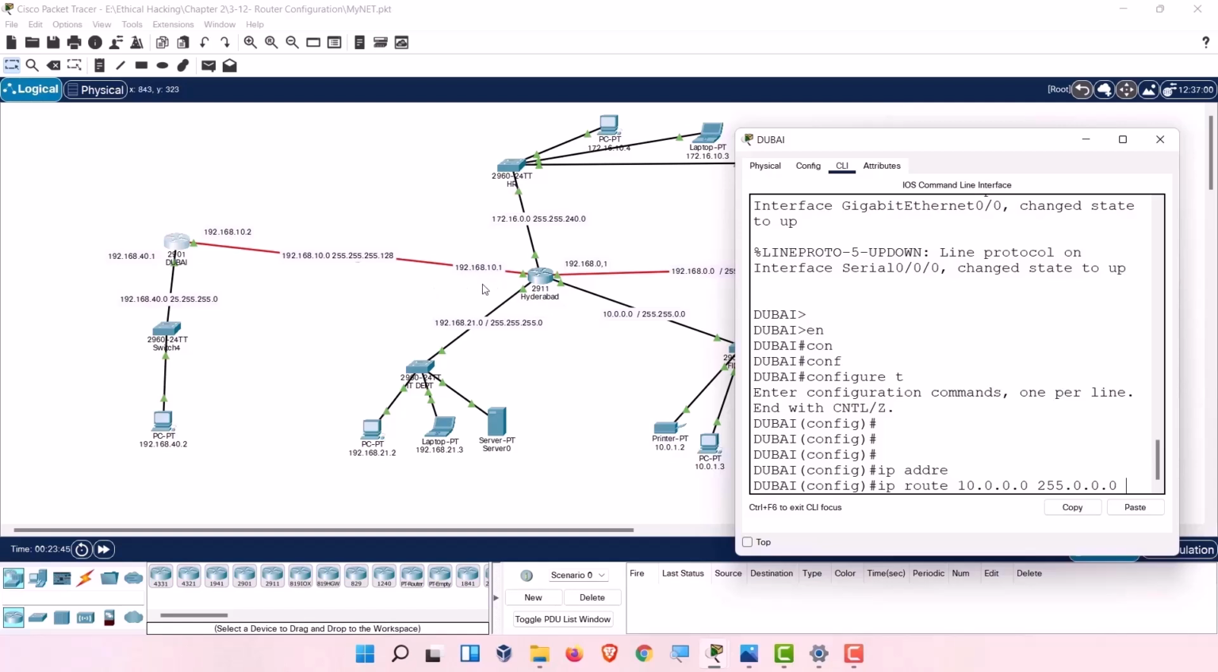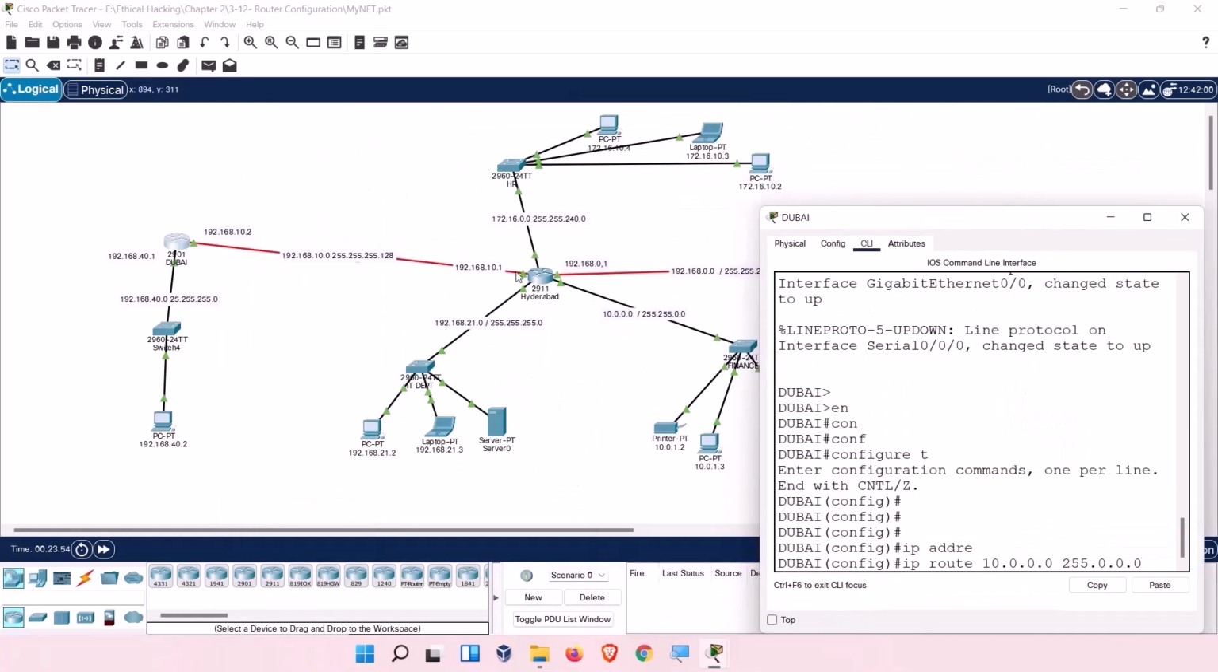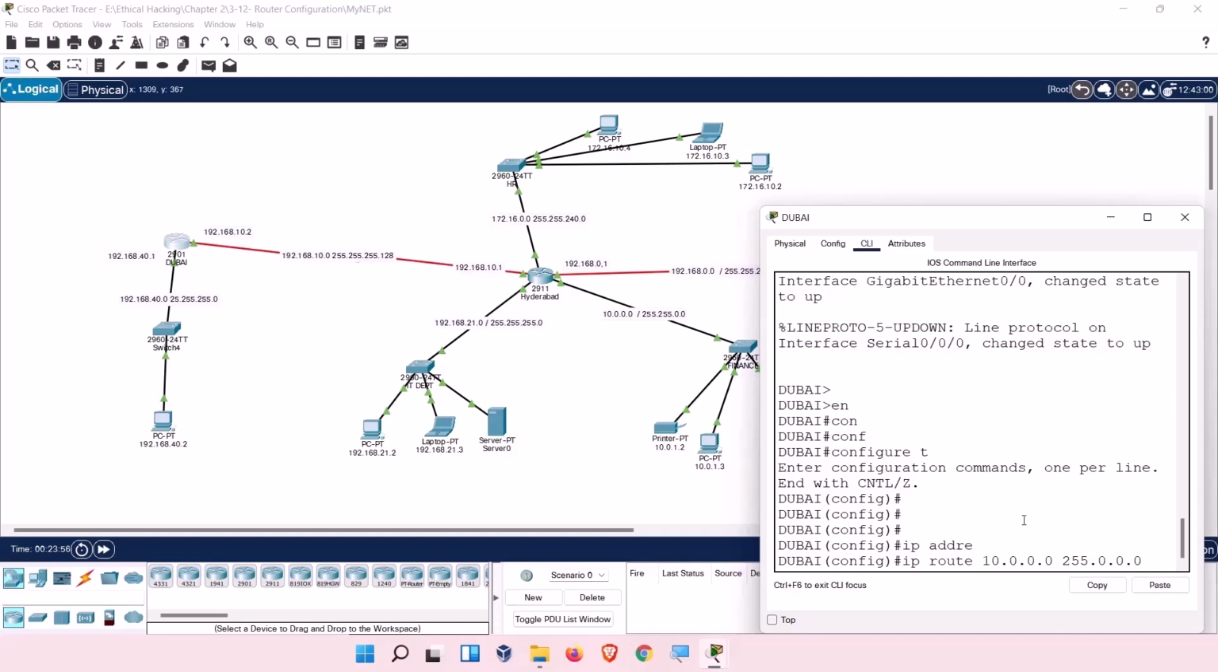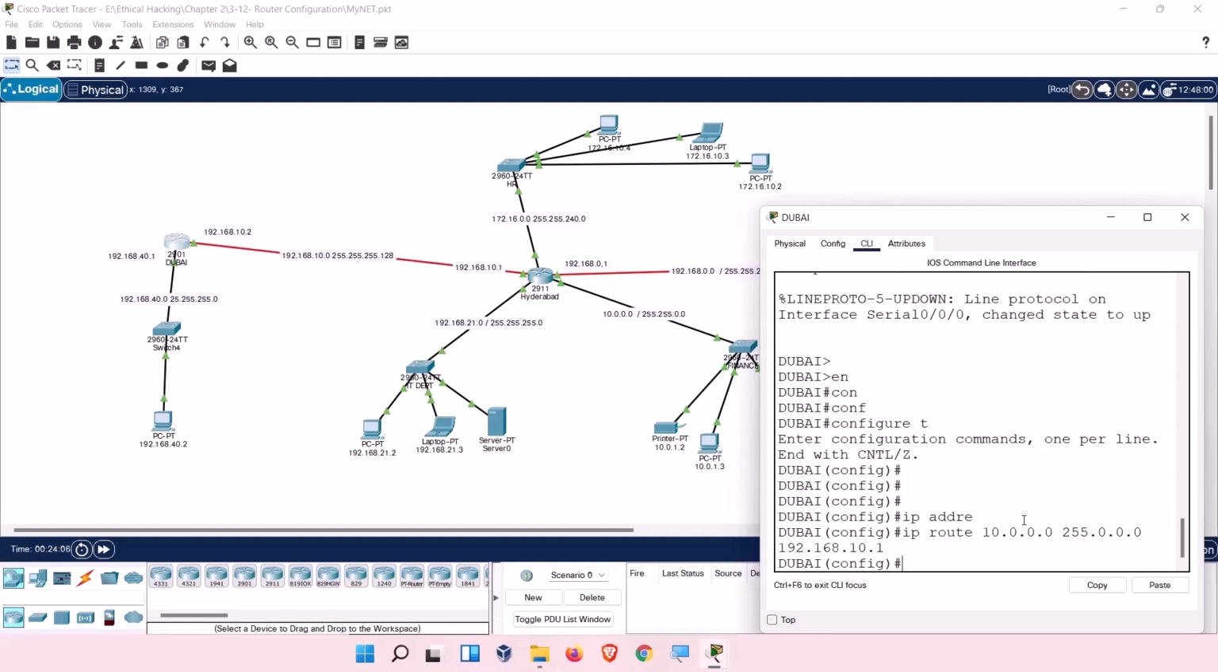192.168.10.1. Okay, so every traffic that comes from this network, and this network should pass through this interface only. Okay, so 192.168.10.1, right? Okay, so next we have IP route,